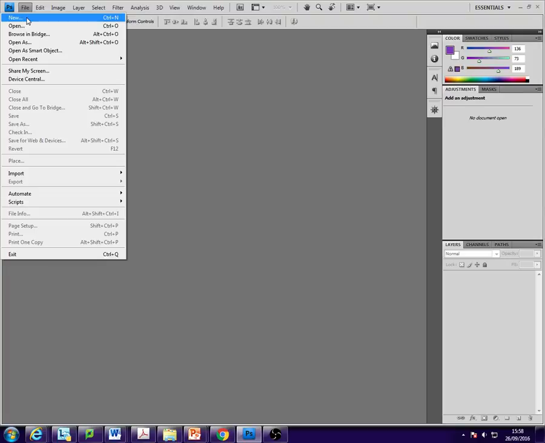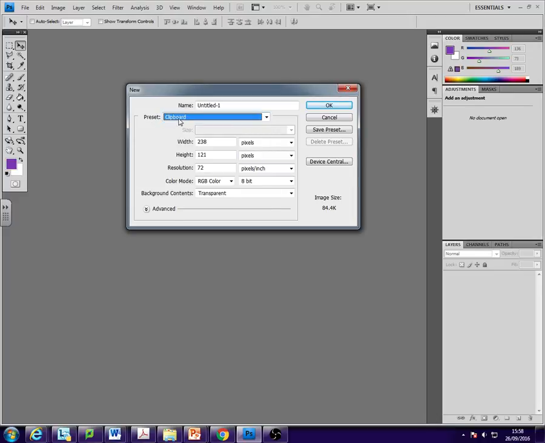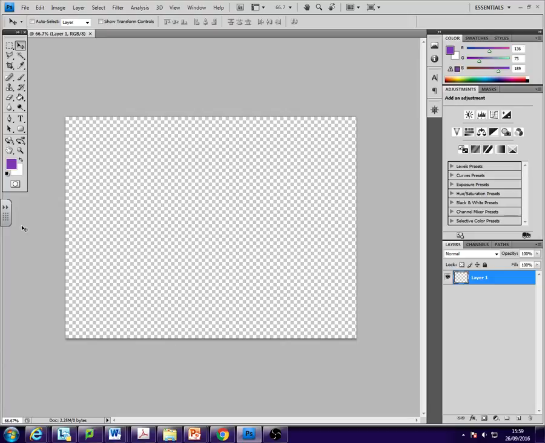So if you go to File and New, and we're going to be creating something for the web this week. So if you go down under the presets to Web, and I'm going to be using this size here. Your resolution needs to be set to 72, because we're doing it for screen resolution this week rather than print, and your colour mode needs to be for RGB as that's how screens work. We're going to leave it at 8-bit for this tutorial, and if you click OK you should get your canvas